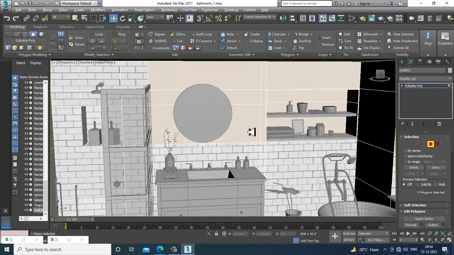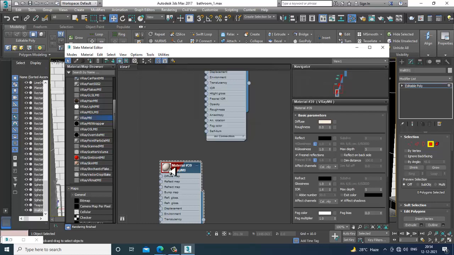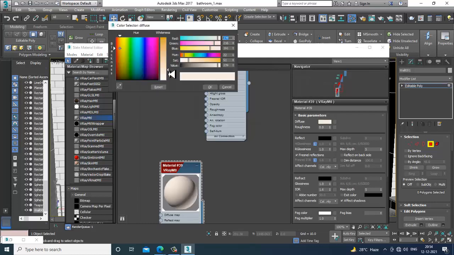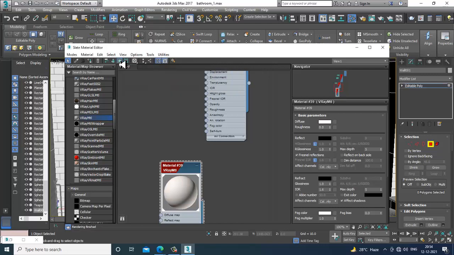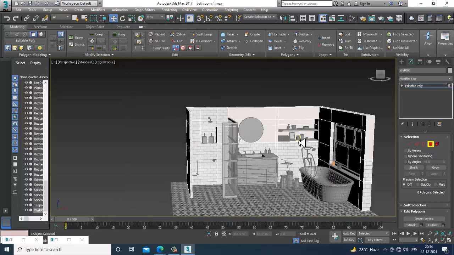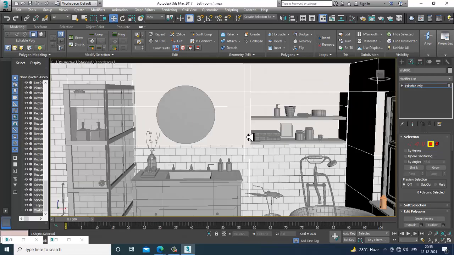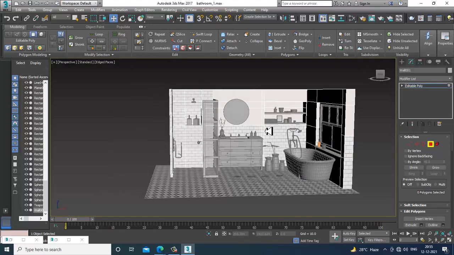Looks much better. Or if you want to go with more of a whiter shade or off-white shade, you can also add that, not a problem. Save your file again over here.